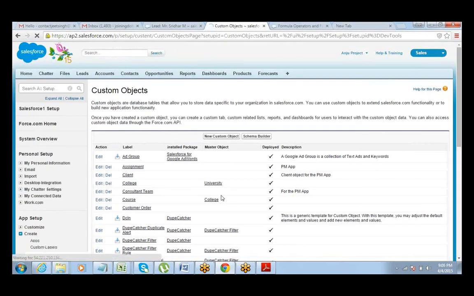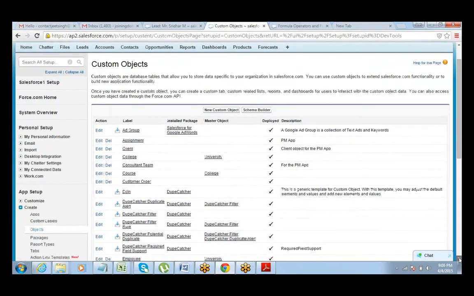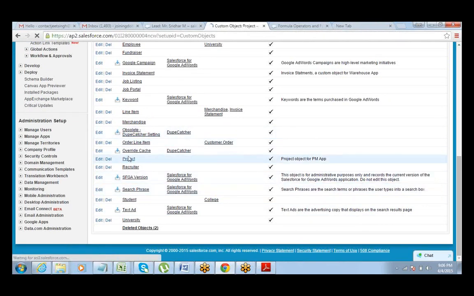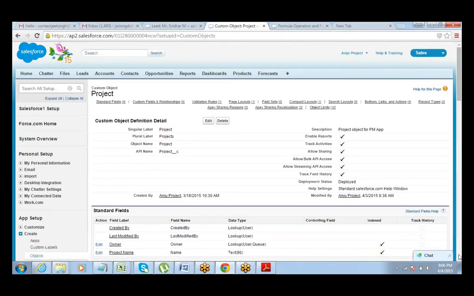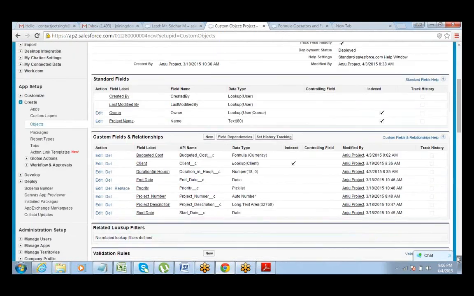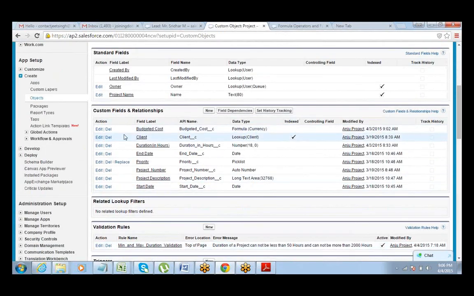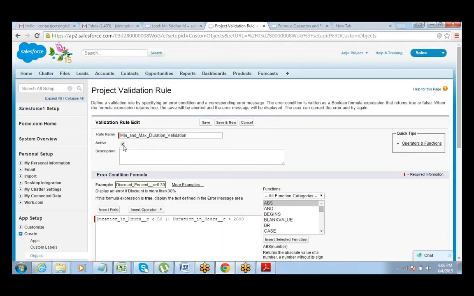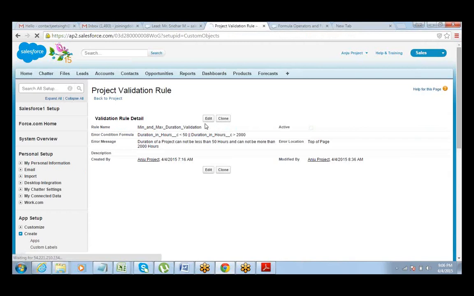It will not allow me to create the records with more than 2000 hours. So go to the project validation rule, and deactivate it. It's active, just make it inactive. So now this rule is not active anymore.